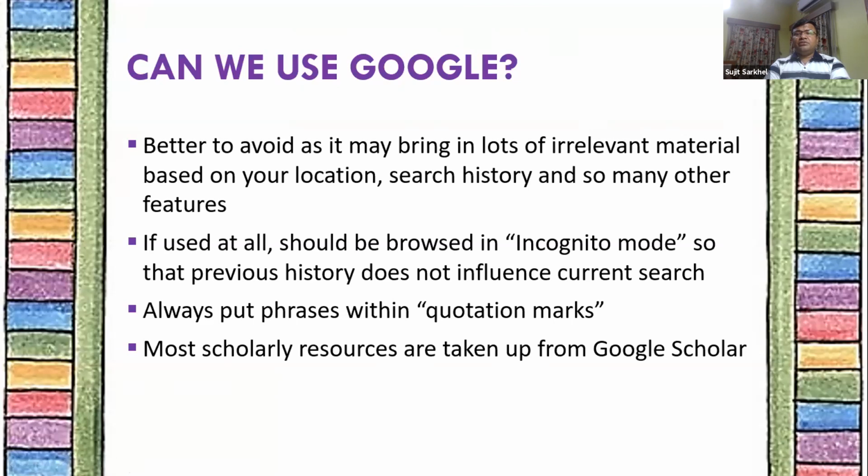This is very important. You see, when you are browsing Google, what happens is if you have searched yesterday about something, day before yesterday about something, your location, so many things influence your search, because Google uses the data to influence the current search, and that makes the search as such more and more non-academic. So best way is you go to the settings of Google Chrome, look for incognito mode and search in incognito mode for academic literature. At least that will keep the search relatively unbiased.